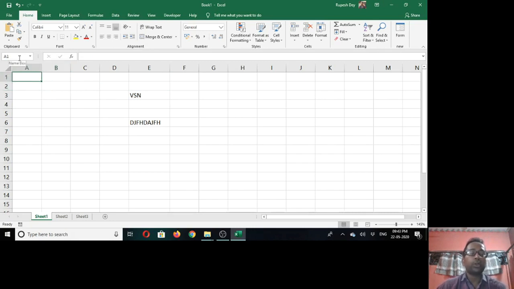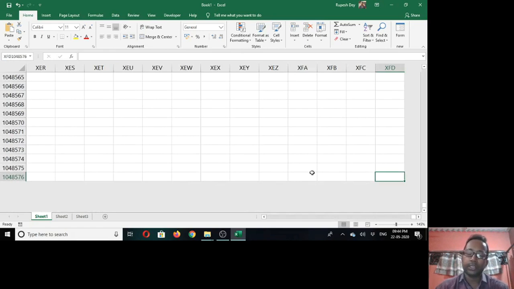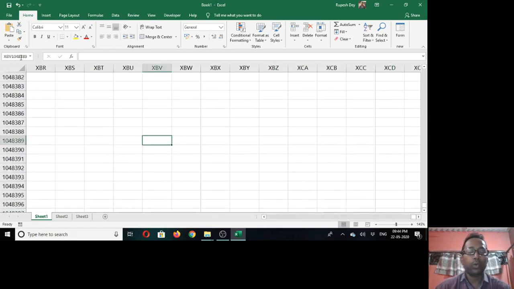This name box also allows us to navigate from one cell to another cell. So you just type the address of the cell here and press enter. That cell will become active. That means it will move you to that cell. So in this way, easily we can go to the last cell of the worksheet. So what will be the address of the last cell? It is the intersection of the last column and the last row. The last column label is XFD and the last row number is 10,48,576. Press enter. See, this is the last cell. After that, no more cell is present in this worksheet. Again, if you want to go back to the first cell, type A1 here, press enter.